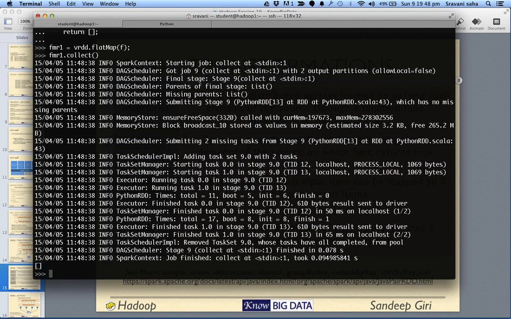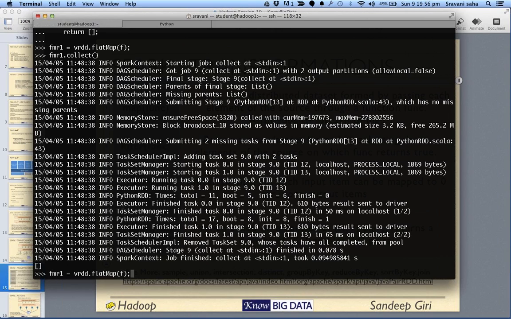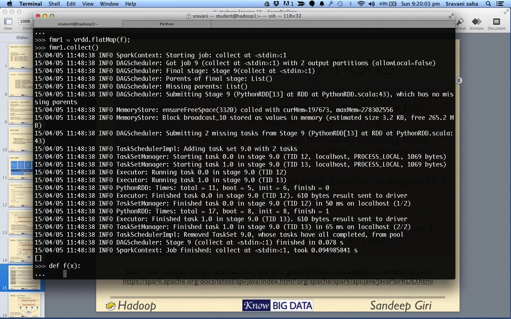Also, every element can generate a tuple, which is a key value pair. We'll show you that part. So if our function was something of this sort, let's say we are defining a function which does nothing but convert it into a key value pair.